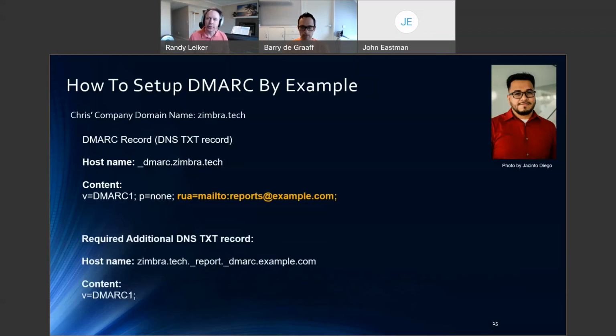So in this instance, Chris wants to send his DMARC reports to a different email address of reports@example.com. For Chris's own DMARC record, it is a simple matter of changing the RUA keyword to mailto:reports@example.com. However, there is one more essential step that Chris must complete before these reports will be sent to this outside email address. Chris will need to create another DNS text record, but this time on the example.com domain with a hostname of zimbra.tech._report._dmarc.example.com with the content of v=DMARC1;